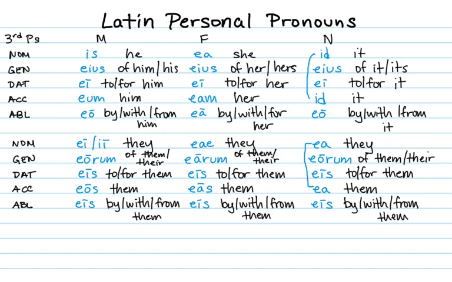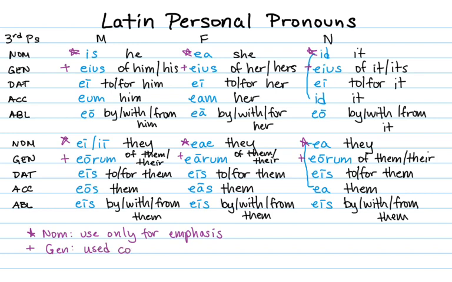So you'll notice that in the plural, it's a very regular pattern of a stem of an E plus the first and second declension endings for masculine, feminine, and neuter. Just like the first and second person pronouns, with the third person pronouns you rarely use the nominative. You only use it when you really want to emphasize the subject. The genitive, unlike the first and second person pronouns, is used commonly. So if you want to say his book, you use this pronoun eius, liber eius.